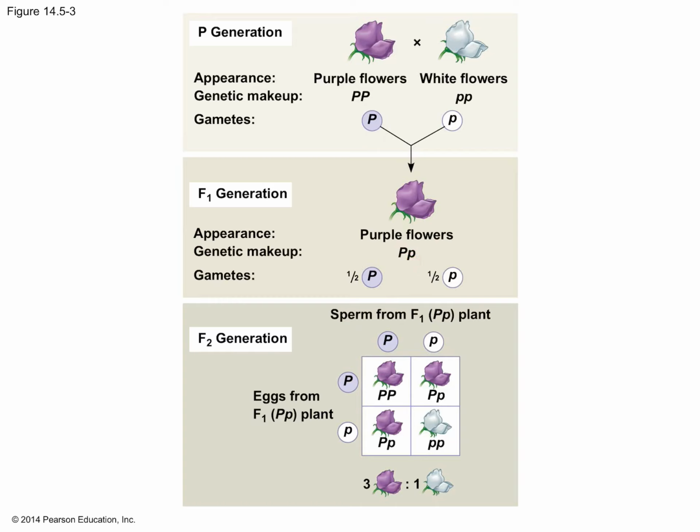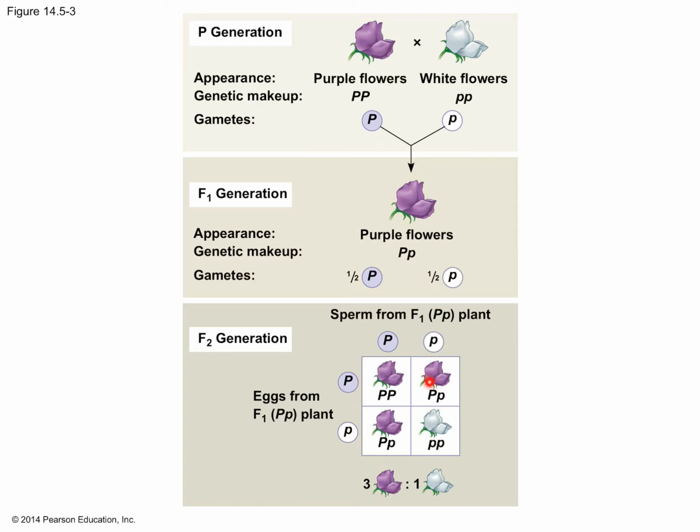Now, this is our Punnett square down here. It shows us all possible combinations of our parent gametes. So let's say we have the father's gametes here. Half of his sperm are dominant, half are recessive. The mother's gametes, half the eggs are dominant, half recessive. If this egg and that sperm unite in fertilization, we get an individual that's purple because it has 2 dominant alleles. However, notice here, if this sperm fertilizes that egg, we have an individual that has 1 dominant and 1